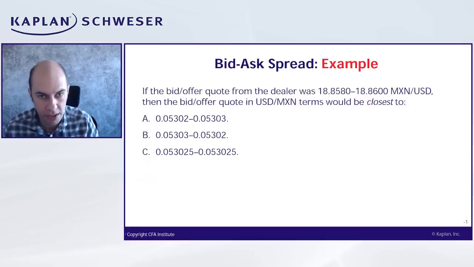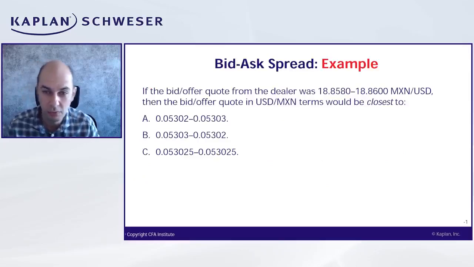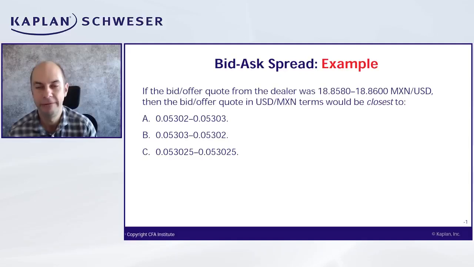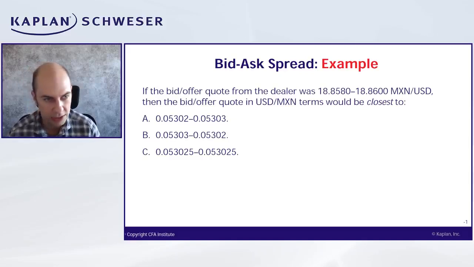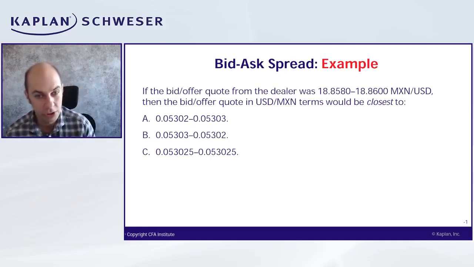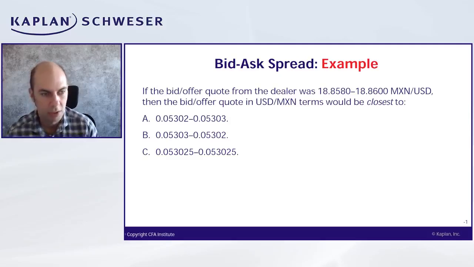All right, bid-ask spread example. If the bid offer quote from the dealer was 1.8858 to 1.886 Mexican pesos per USD, then the bid offer quote in USD over Mexican pesos would be closest to: